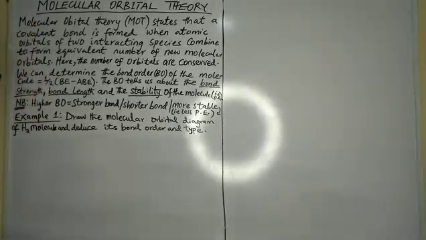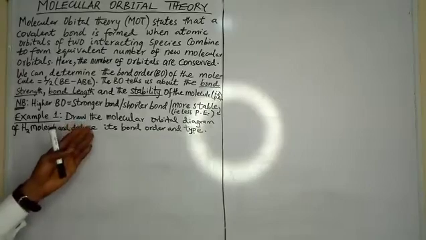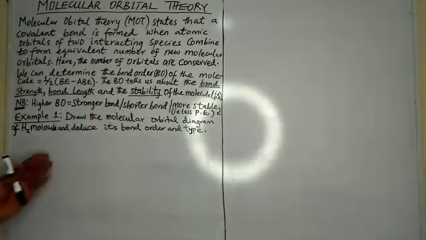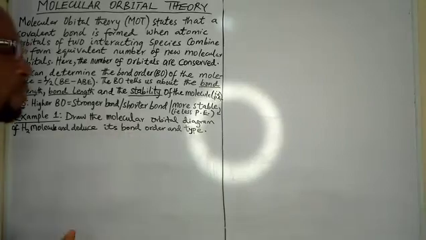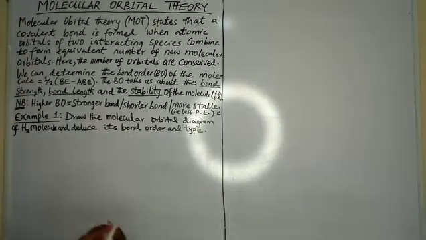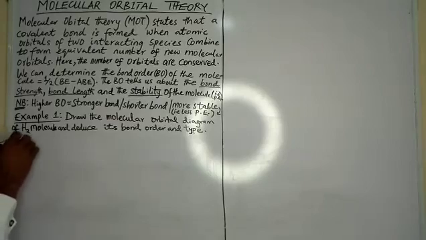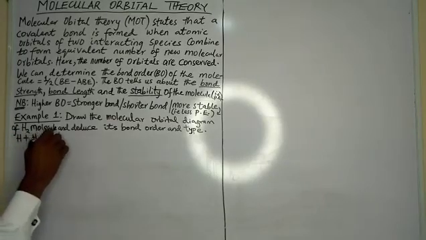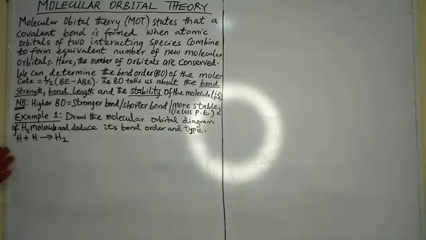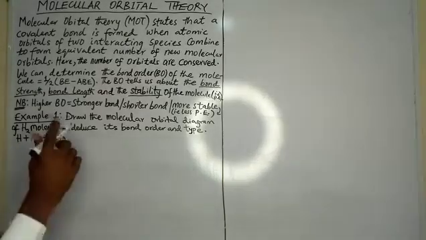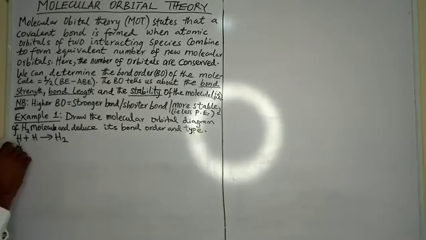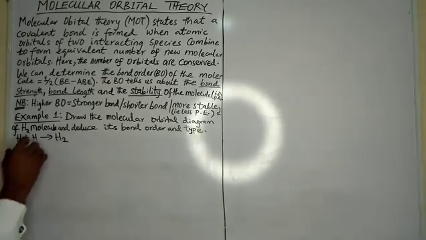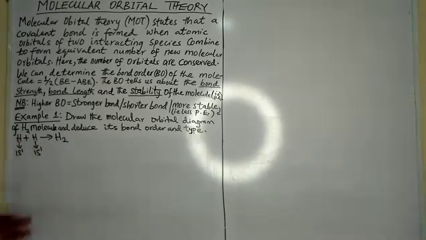Nice. Example: the first example they gave us to look at says to draw the molecular orbital diagram of the hydrogen molecule and deduce its bond order. It is important to recall that the hydrogen molecule is made when a hydrogen atom combines with another hydrogen atom. So we are dealing with two hydrogens combining or overlapping with their valence orbitals to make the hydrogen molecule. Recall that this atom has one s electron, and the second one has one s orbital as well, in terms of electronic configuration.